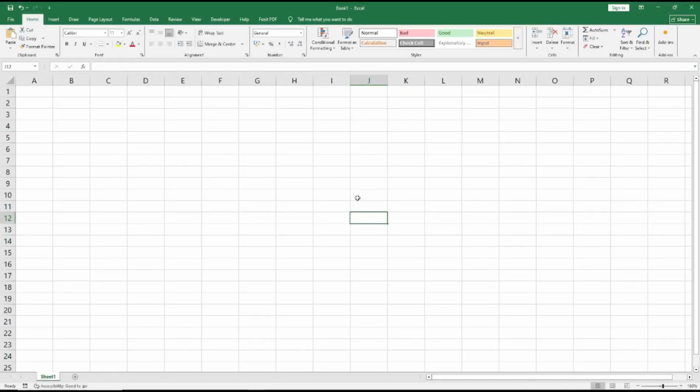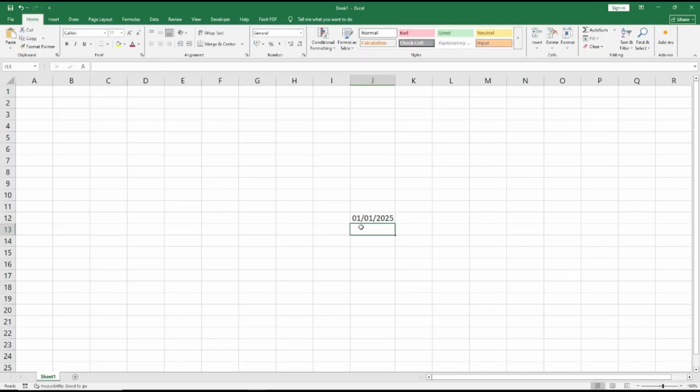Hello everyone, today we are going to learn basic Microsoft Excel tutorial, how to change the date format. As an example, I will type the date in these cells. You can type 01/01/2025. Now if you want to change this date format, you can select the cells, go to number,